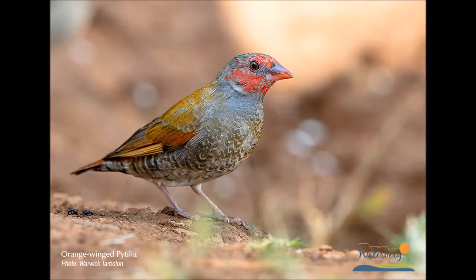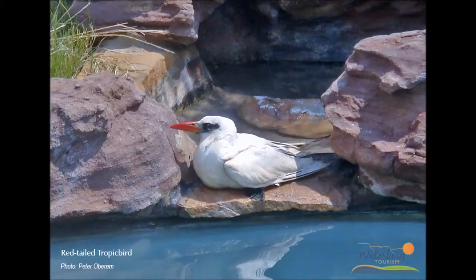Some of them are pretty extraordinary. For example, a red-tailed tropicbird, which is a bird of the open oceans, and if you're on a boat outside Seychelles, you'd be more likely to see one than here. Well, one of them pitched up alongside a swimming pool on a game farm at Rankin's Pass in January 2012